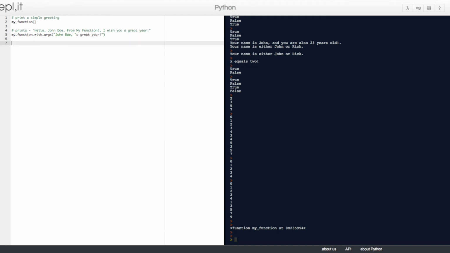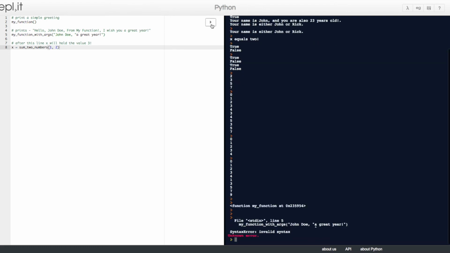So next, we can always do this with numbers as well. After this line, x will hold the value 3. So x equals the sum of two numbers, in parentheses 1 and 2. And that's not going to return anything, but they're just examples.